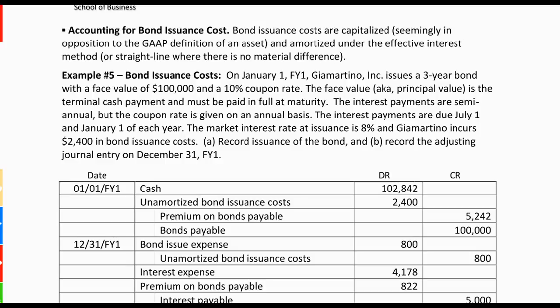All right, bond issue costs are really quite simple. The most difficult thing about them is to not make them complicated. So first of all, the treatment, which absolutely doesn't make sense, is that these bond issue costs are capitalized. So they're capitalized as an asset, which would suggest they have future economic benefit. I don't think so, but this is GAAP, and your first duty as an accountant is to